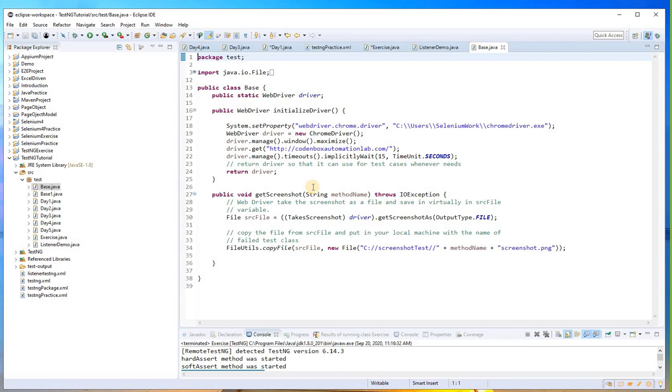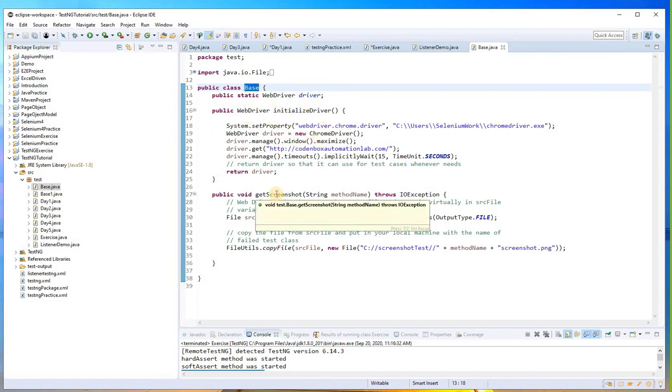That's why we'll create a lot of separate classes, separate methods, and everything will be independent. One of the ways to build your framework is with a base class. In real life, you will see every framework has a setup class, or base class. Base class is a class where you are going to put all of your common information, all the common